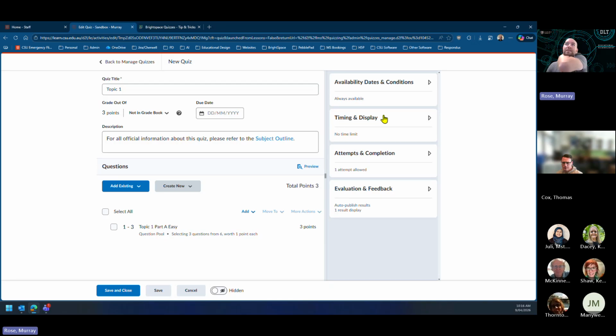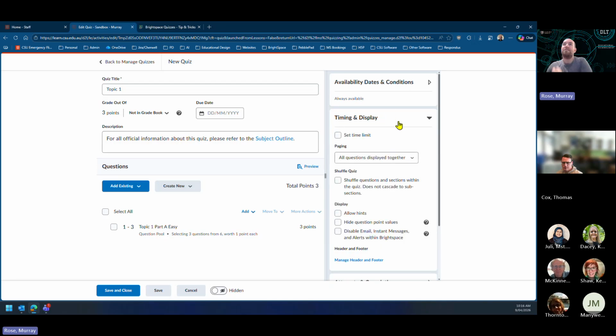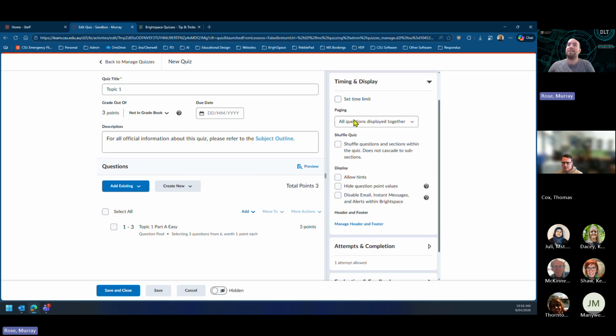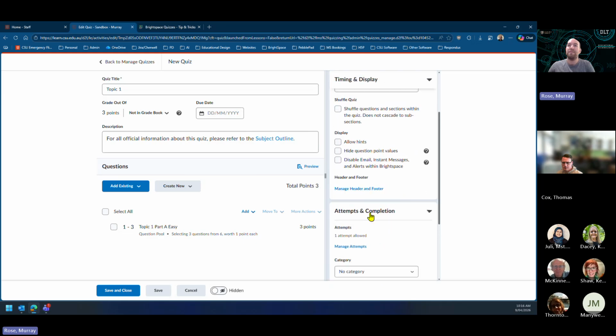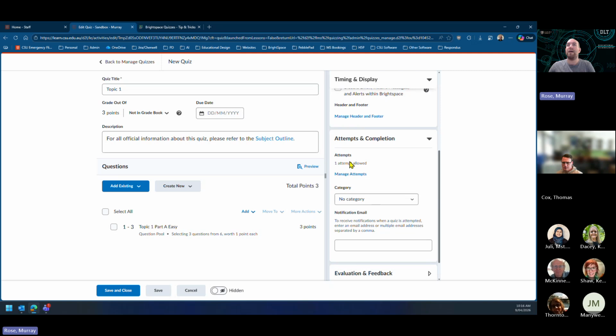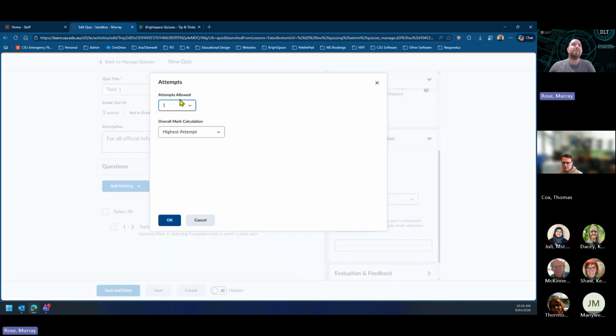I'm not going to go through all the settings over here on the right-hand side, but just going to jump to some of the new ones. So we've seen all of these settings here, which enable you to do different things. But the new settings are a little bit hidden away, actually. It's under attempts. So when you go to manage the attempts, a lot of the settings don't appear until you change from the default of 1 attempt. So let's say that this was a less official quiz, and we want to make students have unlimited attempts. We're just trying to check the little check-in skill for themselves, and we want them to be able to practice as much as possible. So now we get this option, which is on new attempts, only allow answers from previously